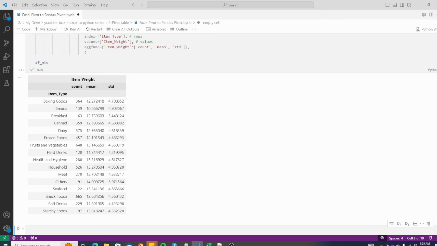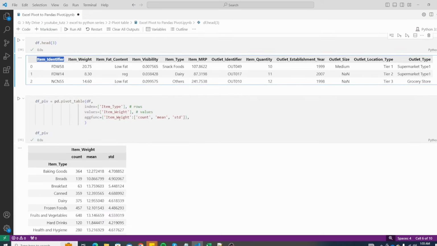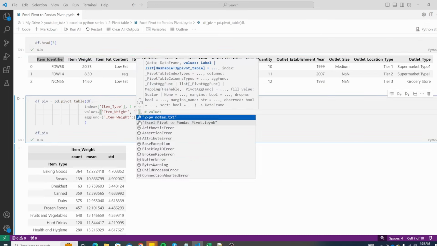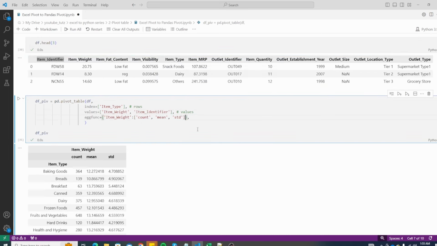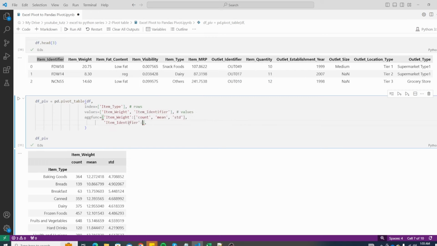Now let's take it a step further and add two new columns with custom calculations. First, we will use a lambda function to add the length of unique item_identifier column. Let's do that. So we'll add item_identifier to our values list because we want to do a calculation on it. And here we will add this column again because our syntax is column name and then we mention the calculation. So let's add it. Here we'll add a lambda function. So what it's going to do is take unique values from the item_identifier column and then add a length of it.